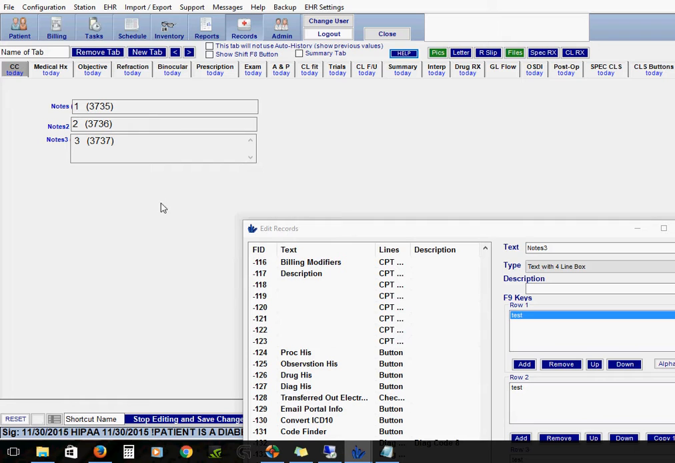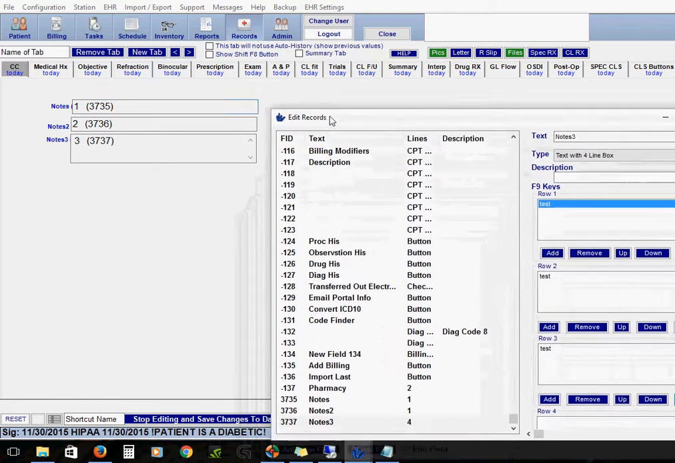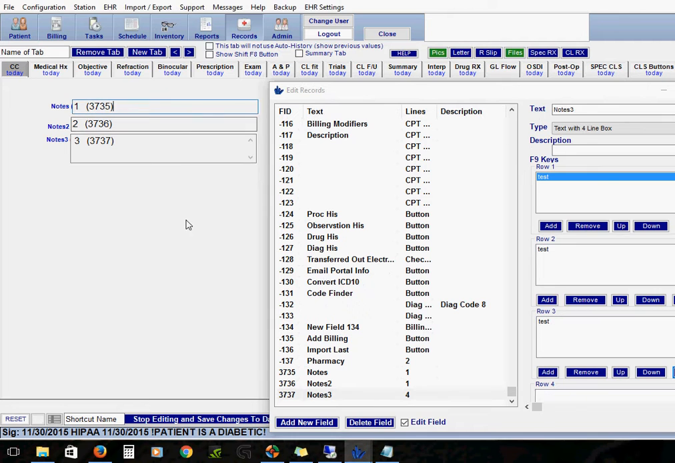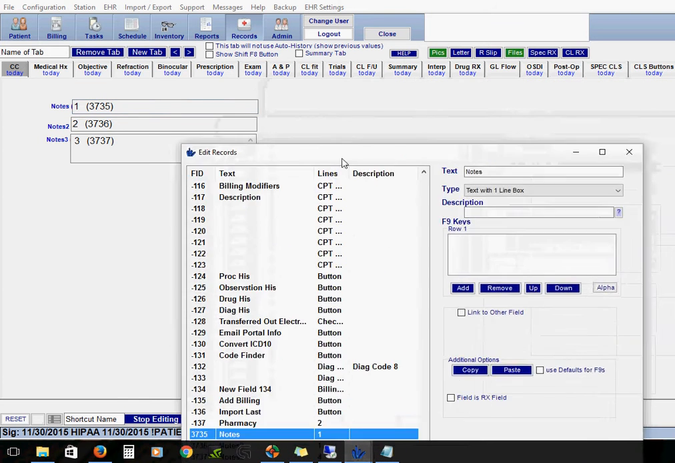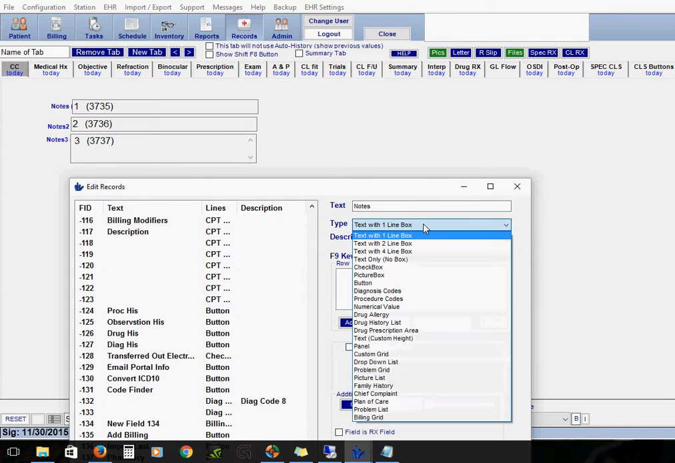One question that I do get a lot is, how can I make this one line text box? How can I turn it into a multi-line text box? So for that, there's a couple of steps that you need to do, but it's not that difficult to convert it. So basically what you're going to do is you're going to find the field number here, 3735, and you're actually going to change this from a one line text box to a 2, 4, or a custom